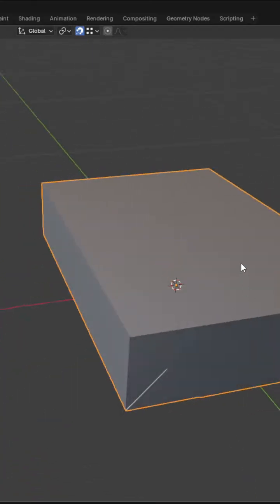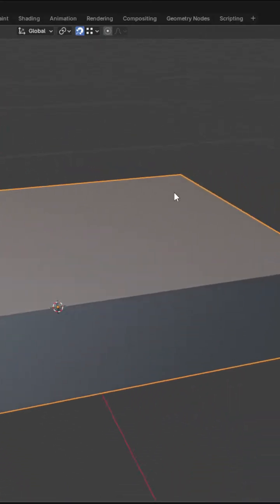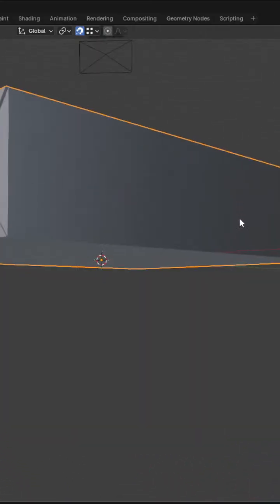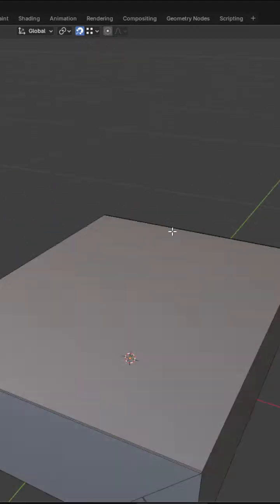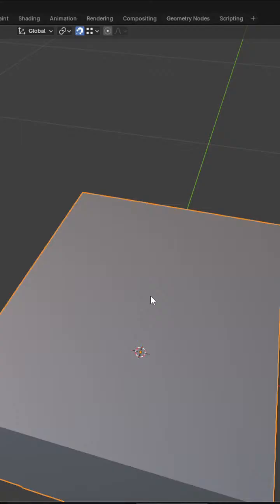Okay. Fairly straightforward. I'm just going to hide the paper clips. Okay, so it's 84 tris. So that's all I needed. So now,